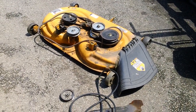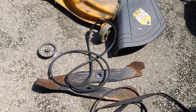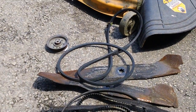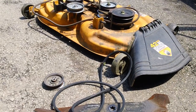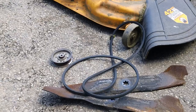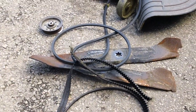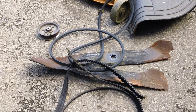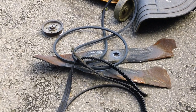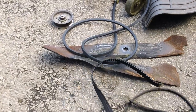And what you see right here is the end result of the actual damage to the machine. He hit something in his yard, and this tractor, the LTX1040 Cub Cadet, whatever he hit caused the belt right here to completely break. These LTX 1040s have two belts on them. This one right here has the timing cog belt, as they call it. Plus you have your regular